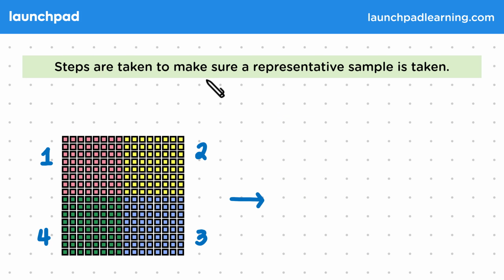Steps are taken to make sure a representative sample is taken. The sample must cover all groups. So the study must be wide and cover all groups in the population that's being studied. We need to make sure that the sample contains information about Group 1, 2, 3, and 4. This is because if you only took samples from the pink group, Group 1, you wouldn't know anything about the